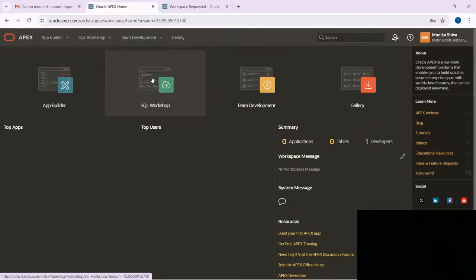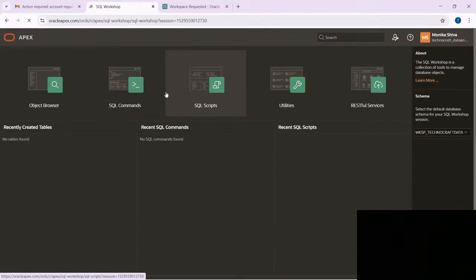Okay, so first you need to go on SQL Workshop. Click on SQL Workshop. Here you will have five different options like Object Browser, SQL Commands, SQL Scripts, Utilities, and RESTful Services. We'll mainly use SQL Commands and Utilities, and SQL Scripts as well. So click on Utilities